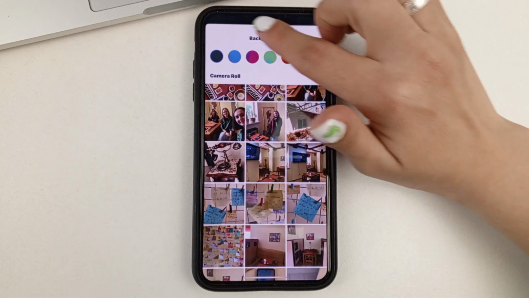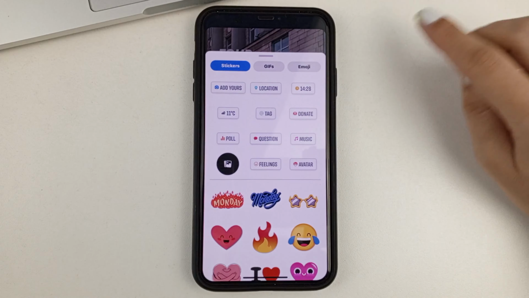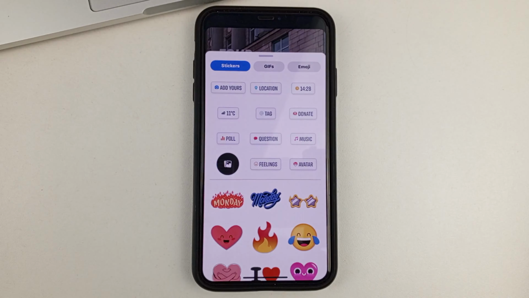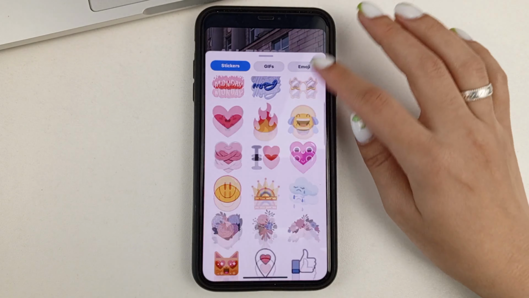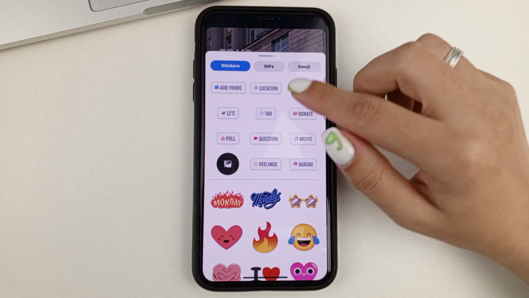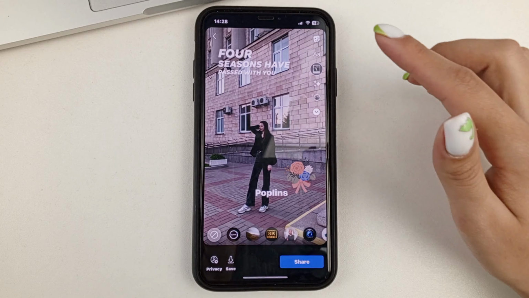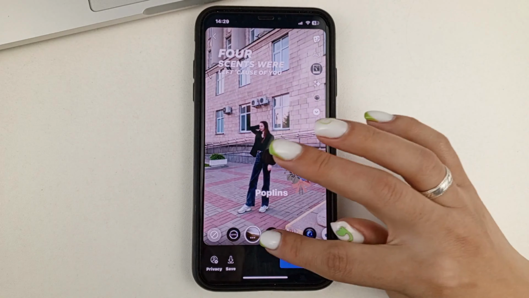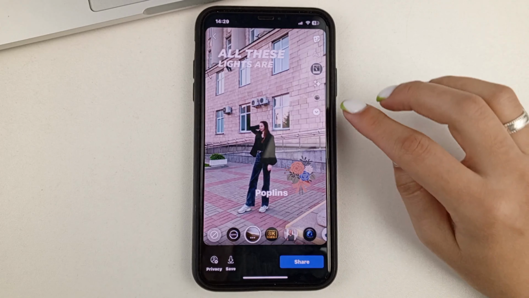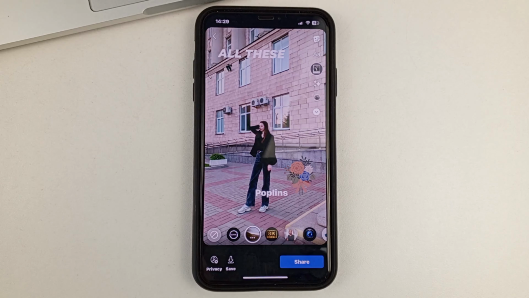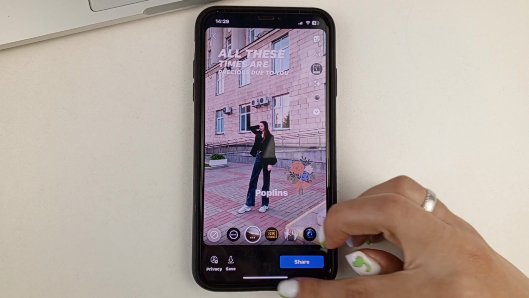You'll also be able to write something. You'll also be able to add, for example, another photo, your location, time, weather, mention someone from Facebook to add to your story, and so on, so on. There's actually a lot of features here. You can also add some effects, overlay on the photo itself. And after you've done all of that, you can put up the story.